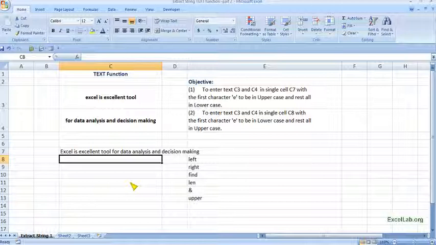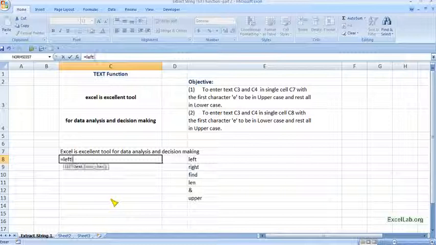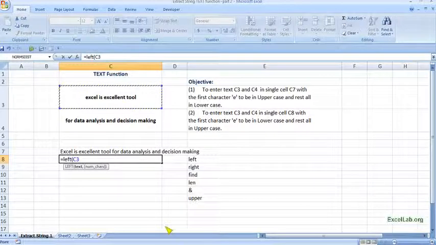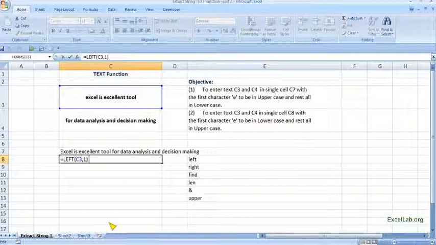Next, the second objective in C8: E to be in lowercase, and the rest everything should be in uppercase. So left and 1. So we got it. E is small, lowercase only, and then ampersand, right, and I want the upper one.